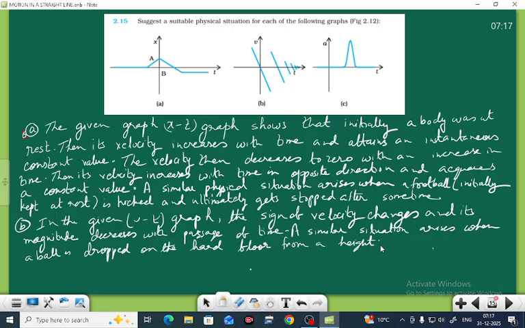It strikes the floor with some velocity,